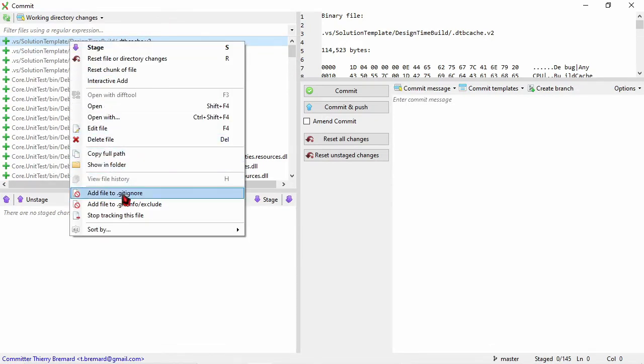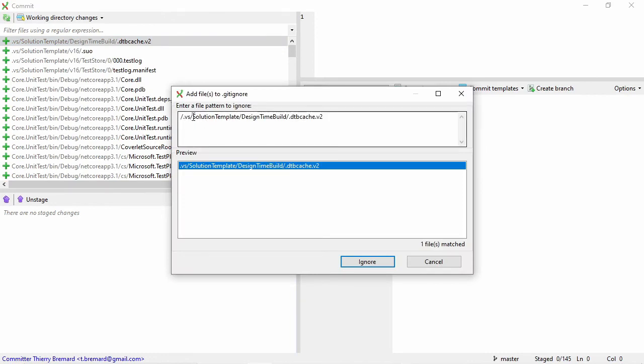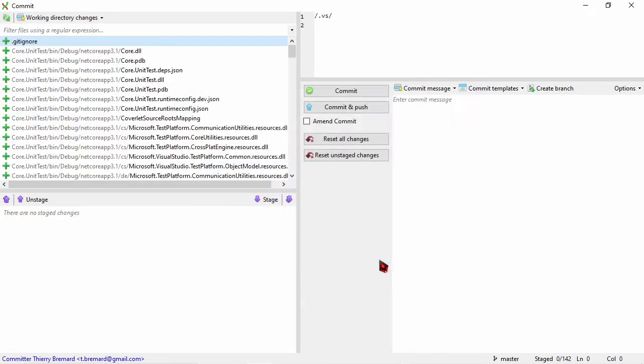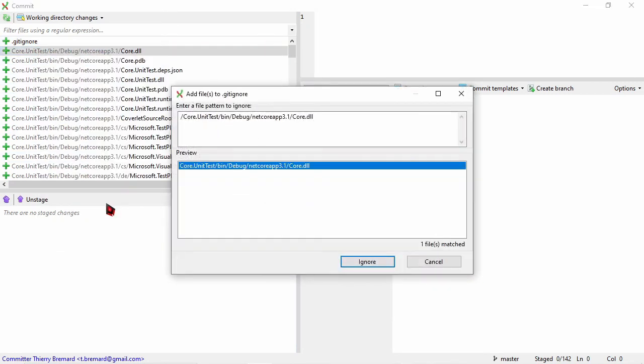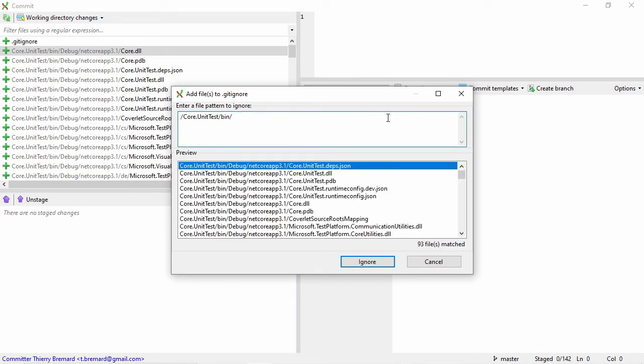So let's ignore everything which is in the VS subfolder. I ignore it. I will also ignore everything which is in the bin folder like this. Here there are 93 files.